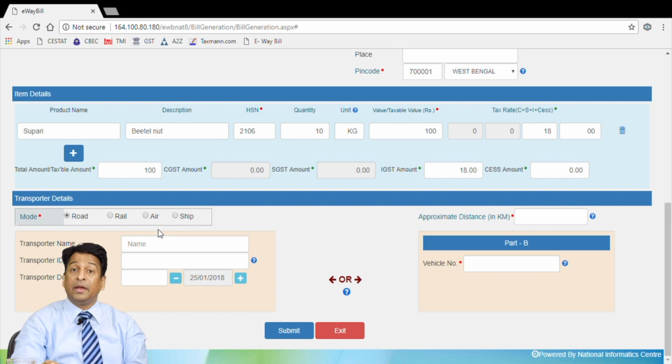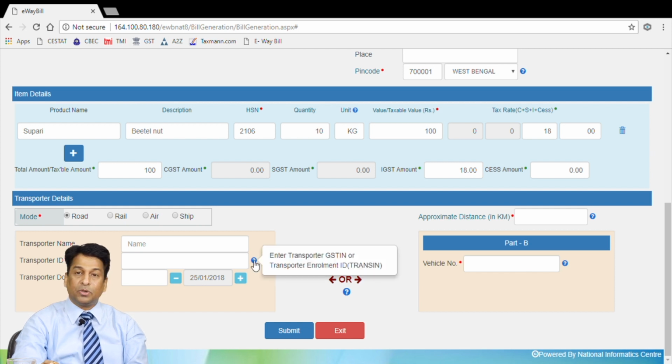If it is air cargo, airway bill number, otherwise bill of lading. You can type the transporter ID if it is available. It says to enter the transporter GST number or transporter enrollment ID. If he has not taken registration in GST, then such a transporter must get registered for creating the transporter enrollment ID,